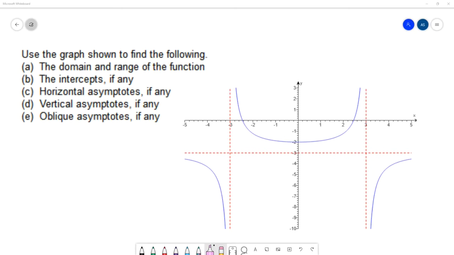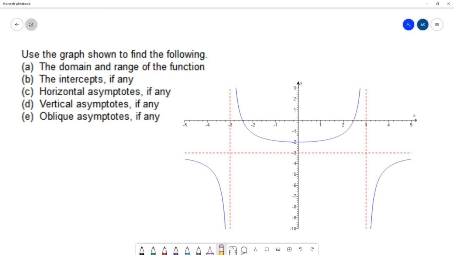In this example, we are given this graph of a rational function, and we want to find the domain and range, the intercepts, horizontal asymptotes, and vertical asymptotes. So starting with the domain and range,